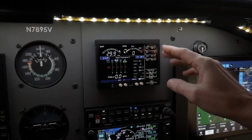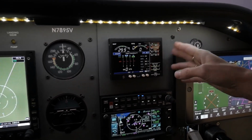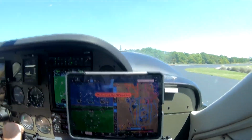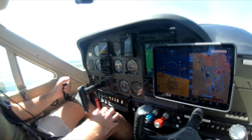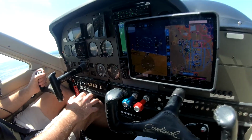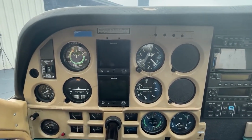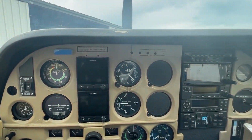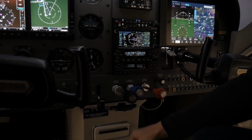In addition to the traditional set of instruments and avionics, the cockpit also includes the gear position indicator panel, usually situated on the lower part of the main instrument panel. This panel typically has 3 green lights to indicate that all 3 gears are down and locked, and a red light to indicate when the gear is in transit. The flap selector switch is conventionally positioned near the throttle quadrant for easy access. The electrical panel is typically found on the left side of the cockpit and includes an array of circuit breakers